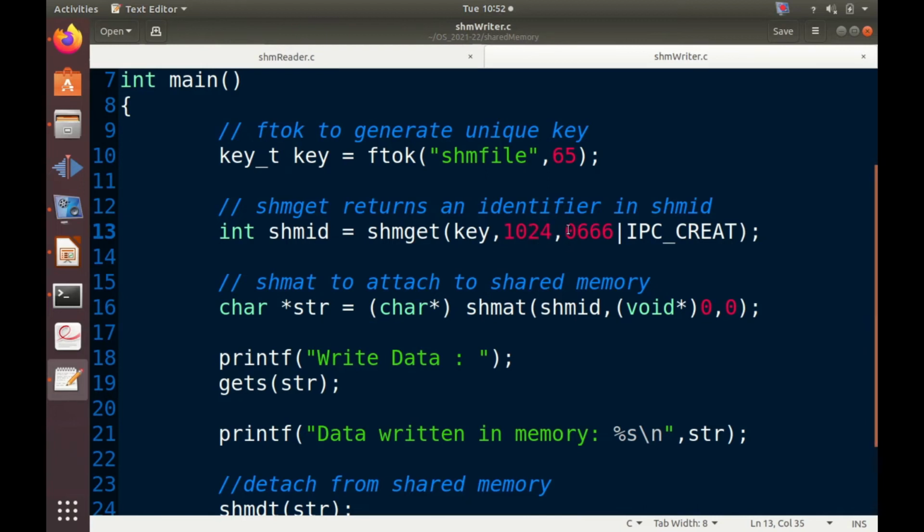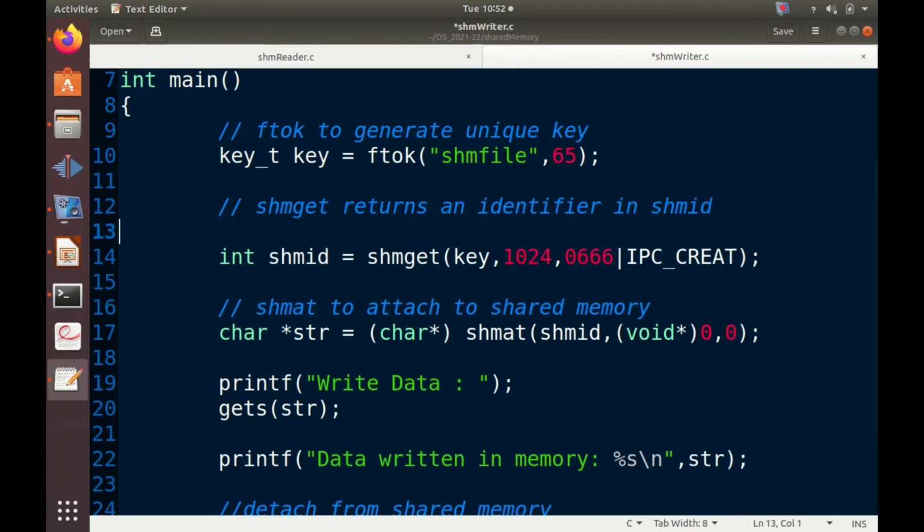Then next, the mode. So 0666 means read and write mode. This you might already know about, we have studied the chmod command. The mode has these three kinds of permission.